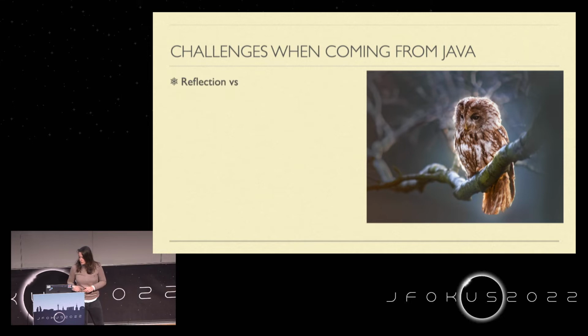Some of those challenges are that lots of Java frameworks and libraries use reflection. And that clashes with the fact that Kotlin embraces immutability. So you will see during this talk, or maybe you even experienced it, that you need to tweak it here and there.